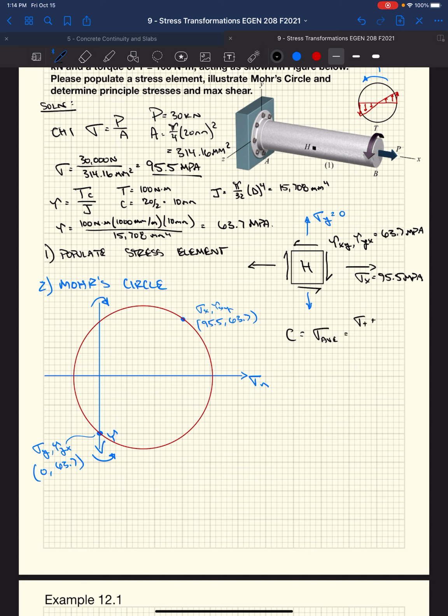That's essentially our average stress, sigma x plus sigma y over 2, which is 47.25 megapascals. Basically 95.5 is our normal stress out here, plus our 0, we're on the y-axis, divided by 2. Our radius, okay, square root of